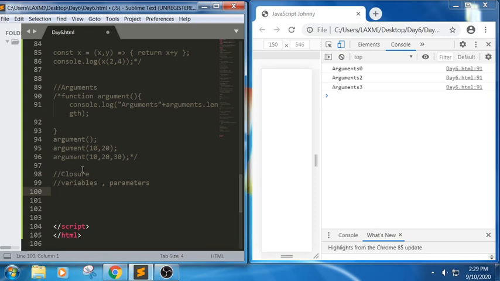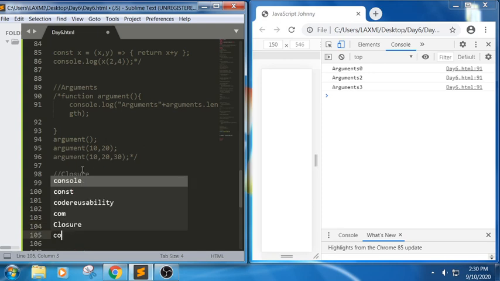Let me put in a simple example so that we can understand. As for the beginners, I am writing the addition of two numbers using a closure. Here I am defining a function, add numbers. In this add numbers, I pass a first number and last number. Let me call this function now: variable result equals add numbers 20, 20.